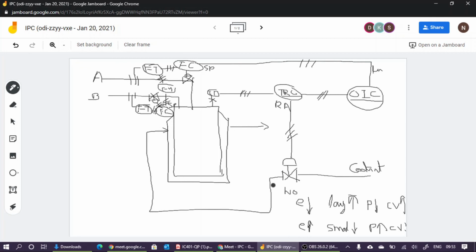If it has a saturation effect, if it is 100% open, then this control output is small, 0%. Then this OIC will give a small control output. So what will happen? If it is small, this set point is also decreased. Means this FC will try to reduce the flow rate of this feeder. So this one is the operation of optimization.